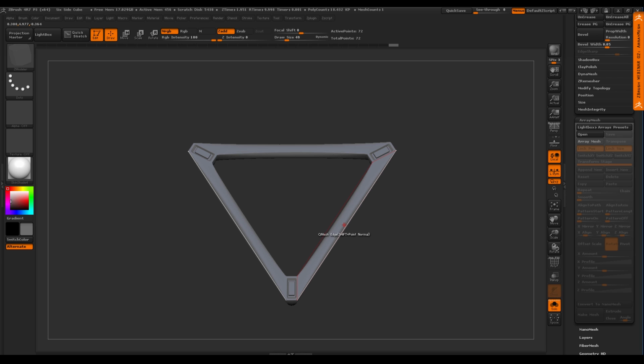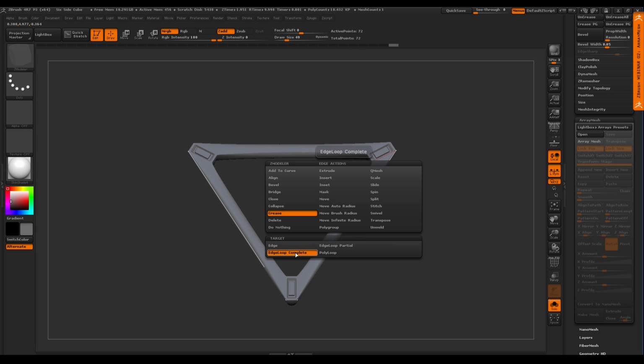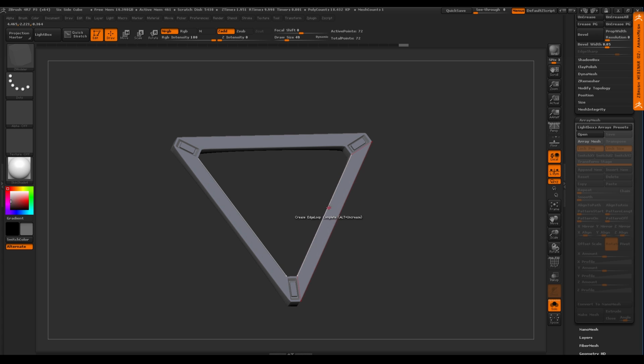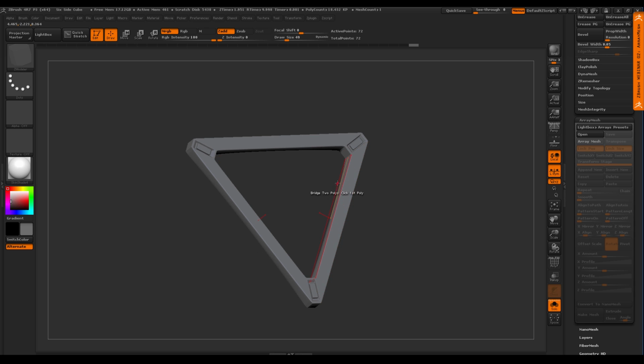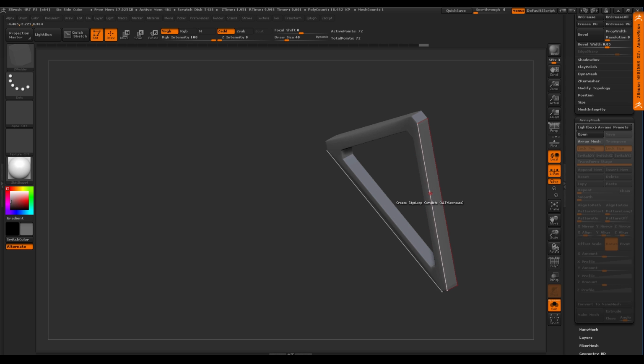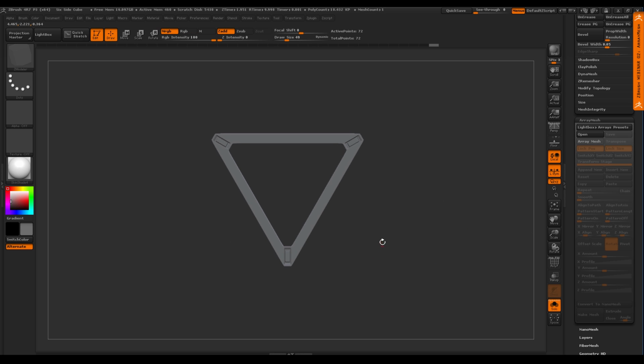So I need creasing along the edges here. I'm going to hover over an edge, go to my crease, and say, hey, I want a complete edge loop. All right, creasing to happen. Then as I do this, you can see this is now getting harsh again. And now if I want it on the bottom, of course, I can go down here to the bottom. And then maybe I want it on that edge as well. So now I have that triangle piece starting to happen.